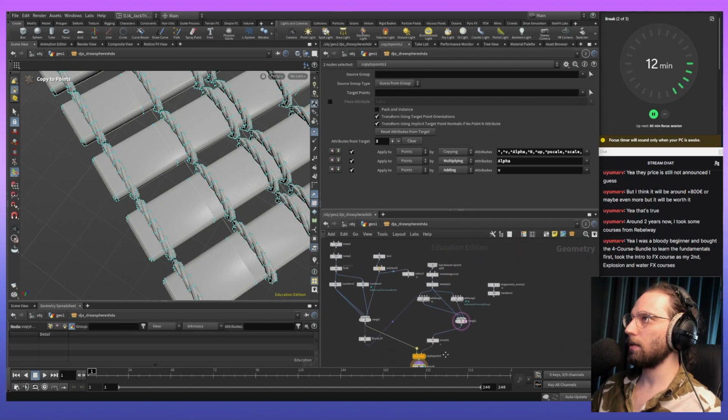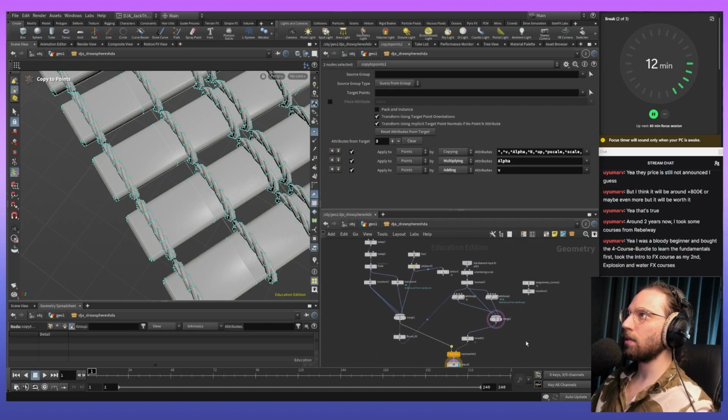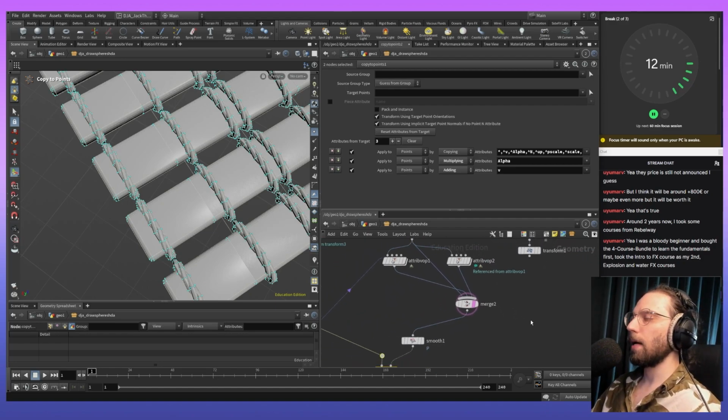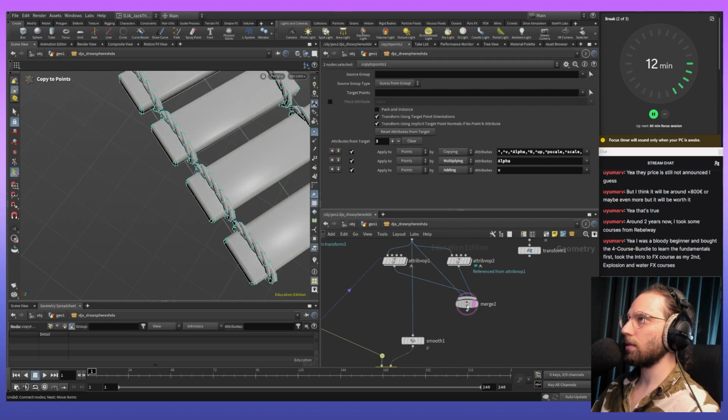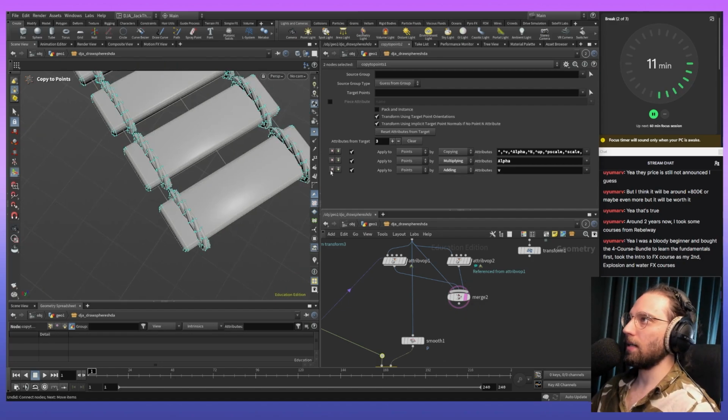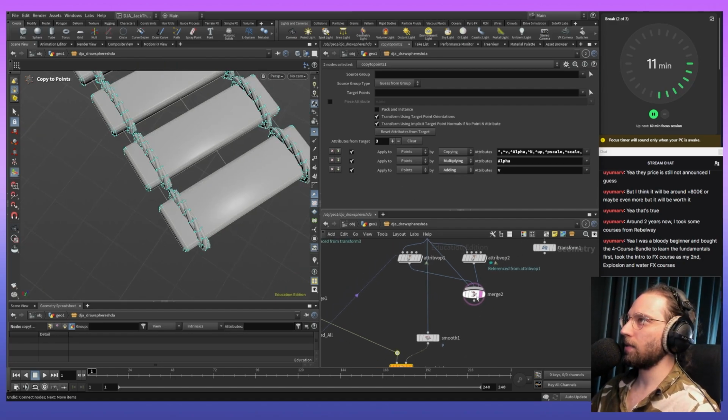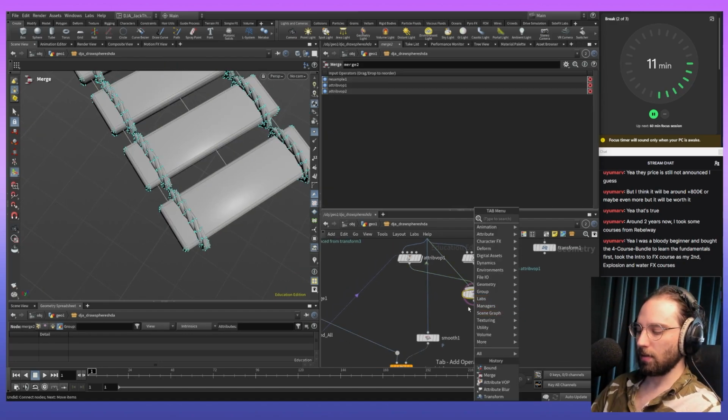Yeah, that is not needed now, for sure not. Okay, we don't need to hook that actually to the final result because we still need it to